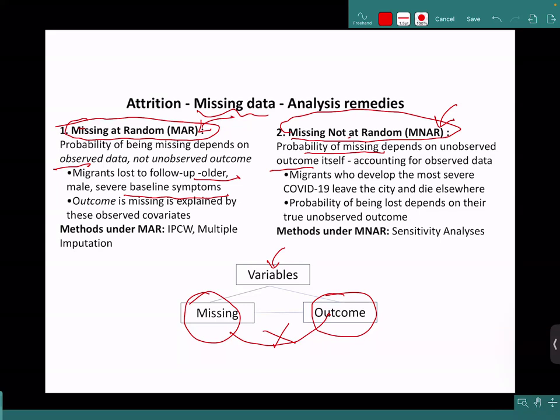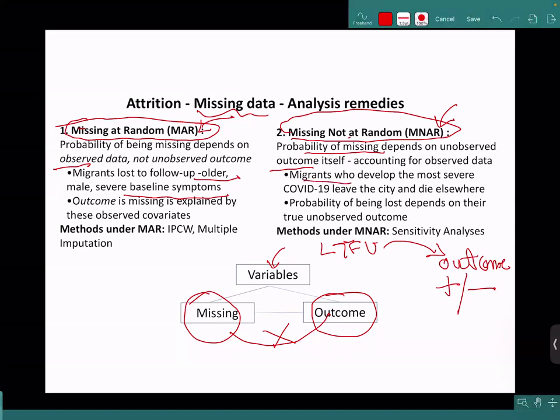So it is like the older patients are more prone to die. If we have those people in the study and we are missing them, it comes under missing not at random. So what you have to ask is, is this loss to follow up which is happening in some way related to your outcome? That is, are people who are either going to get or not going to get the outcome based upon this status of loss to follow up? Yes, ma'am. Got it.